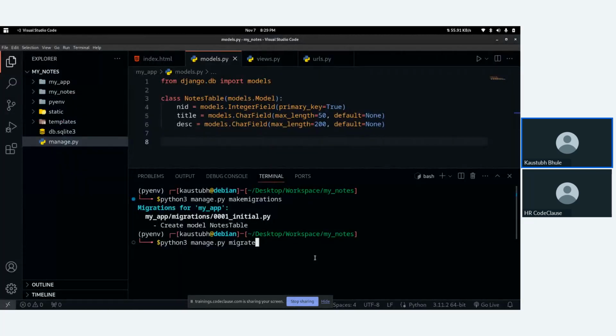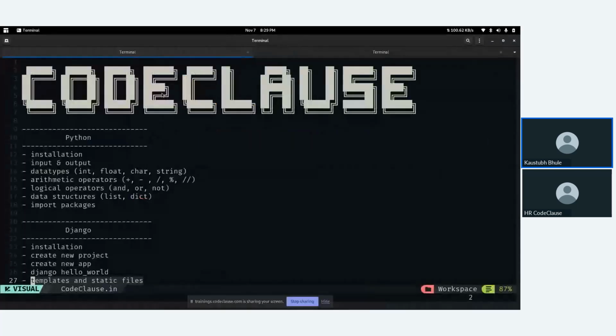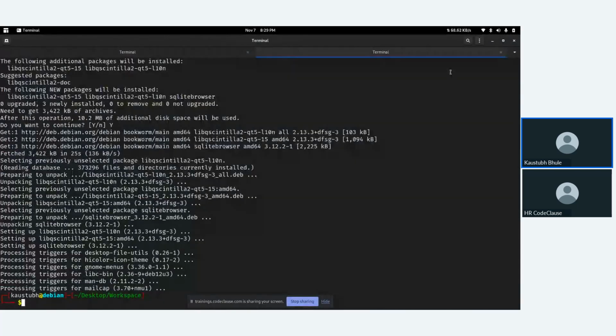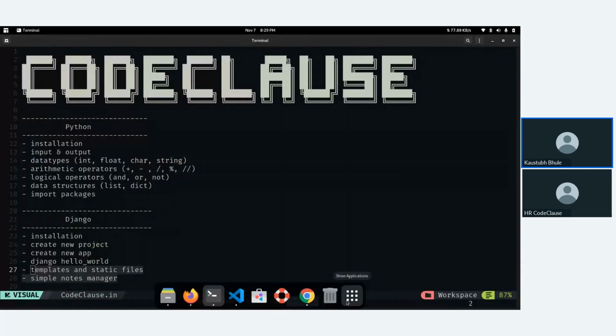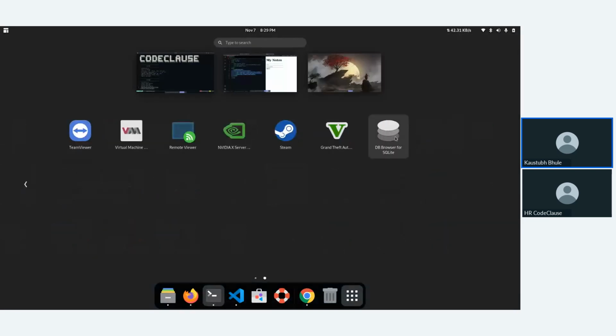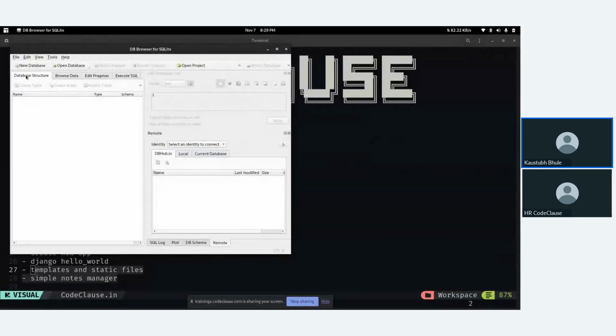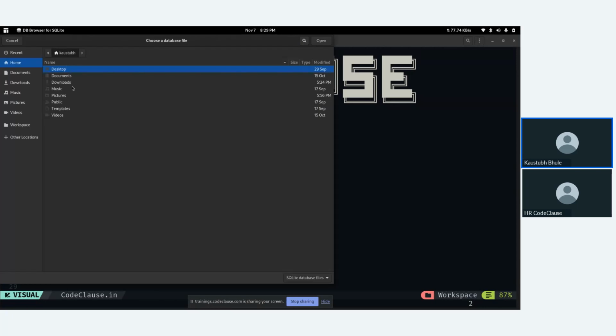Fine. Let's check if our database browser is installed. Fine. Now what I can do, just open the DB SQLite browser, create an open database, and let's open our db.sqlite.